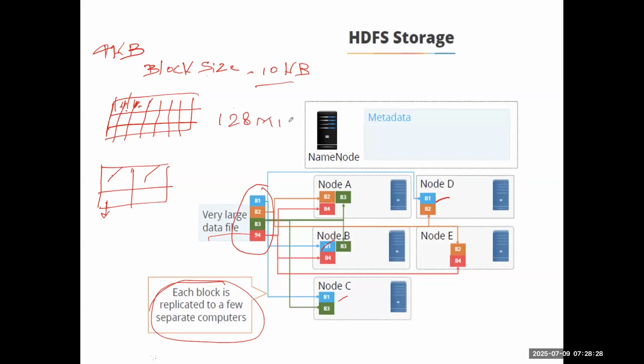Let's suppose you have 512 MB of data, then you need 4 blocks of HDFS to store that. Just like here you needed 2.5 blocks to store 10 KB of data, in HDFS, if you have 512 MB of data, it will be stored in 4 blocks. This is one important concept about the block. We need it further, so you just try to understand it properly.